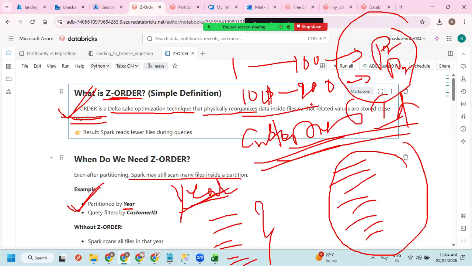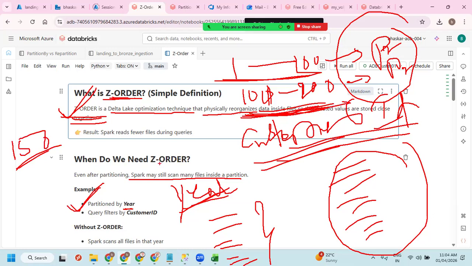But if we can break them down further, then if I have, let's say, customer ID 150 that I wanted to get, I don't need to read this partition. I'm going to read only this partition. So in that case, it improves the performance again. So that is what I'm saying.